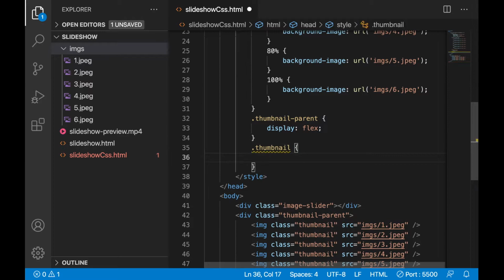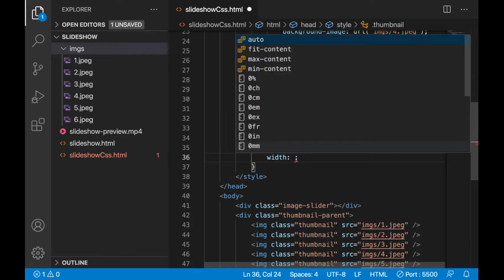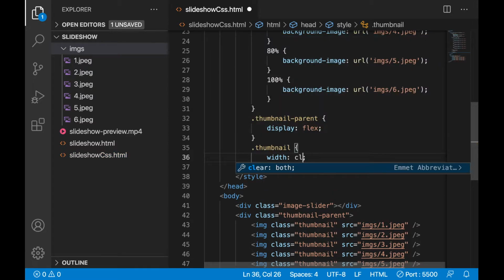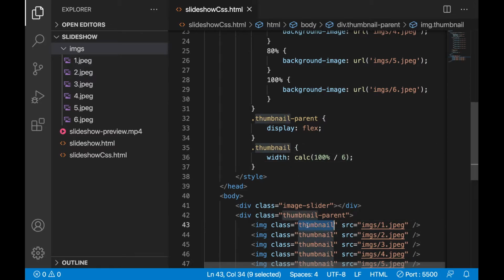Let's give some width. I have 6 images, so I want to give equal width, so I can use calc. I can calculate it as 100% divided by 6, meaning I am dividing into 6 parts, one for each thumbnail, and I am giving the width using this CSS method calc.